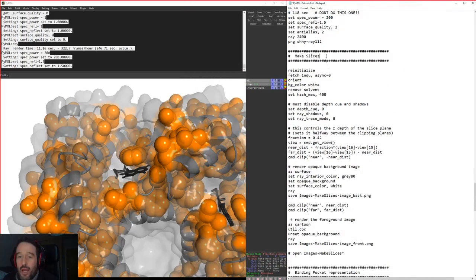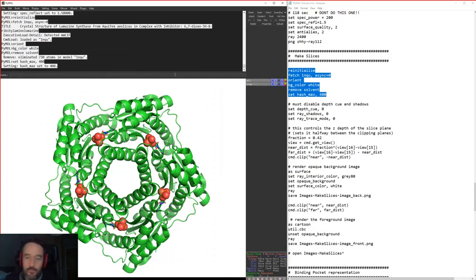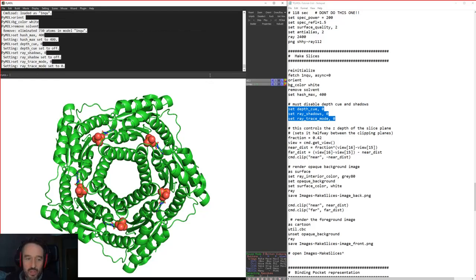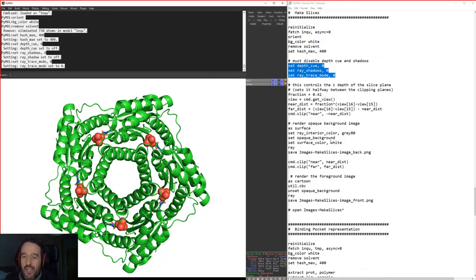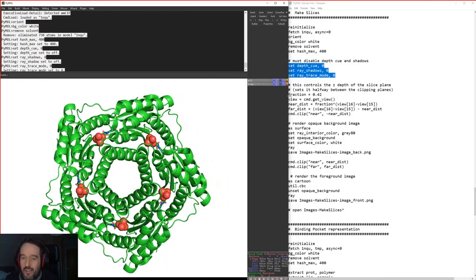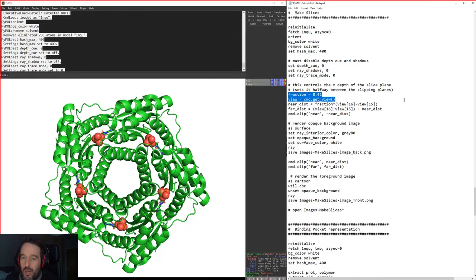We can make slices. Now this goes into a little bit of Python coding here. So we'll just reinitialize our session here. So here we're going to talk about things like Q depth and the clipping plane. So the clipping plane is what we control on the mouse wheel, but of course we can also just code in some control for that here. So let's set these as 0, so that takes away all of our fog there.